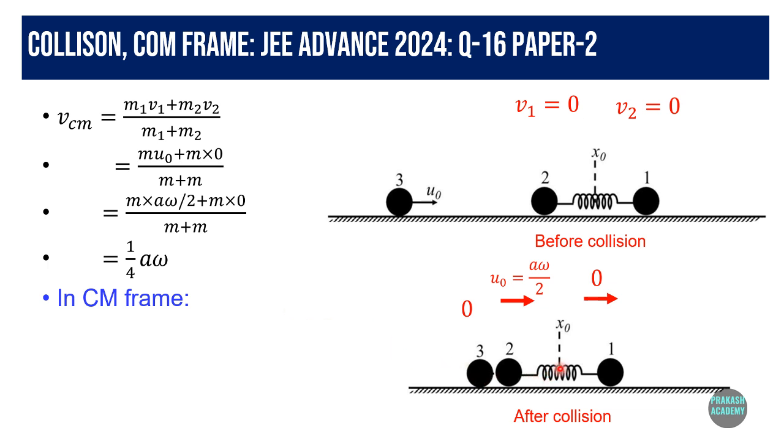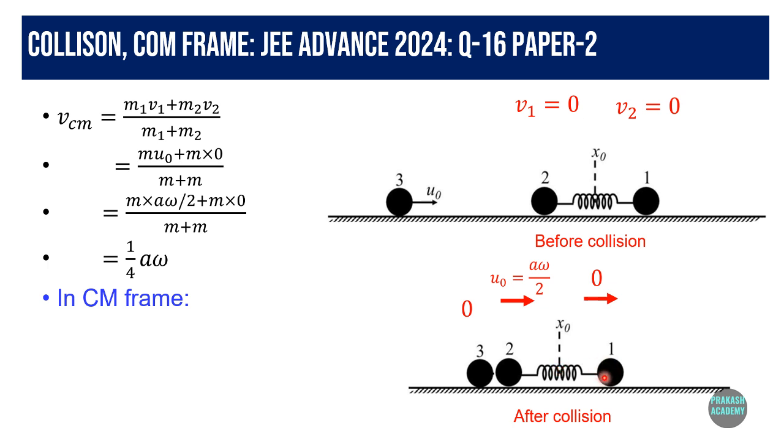So if somebody sits on the center of mass, basically his velocity will be a omega by 4. Now with respect to him, what is the velocity of particle 1? He himself is moving with velocity a omega by 4, so he will see this particle coming in this direction with a speed of a omega by 4. How to find that? With respect to center of mass, if you want to find velocity of any particle,